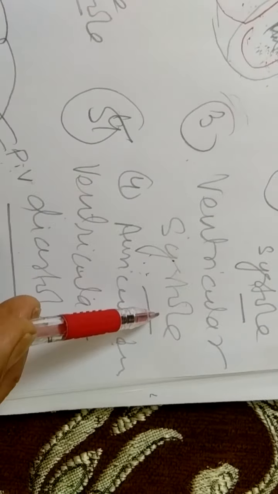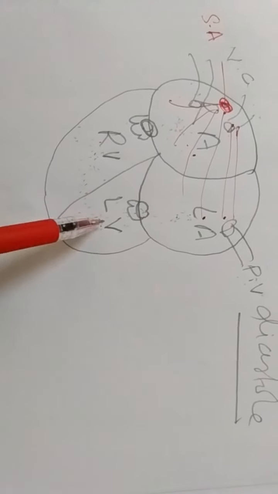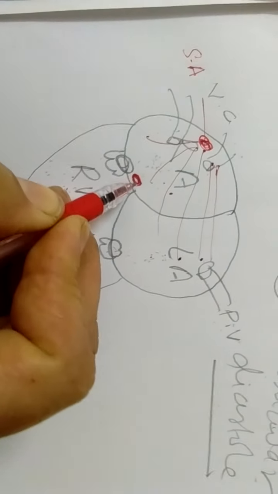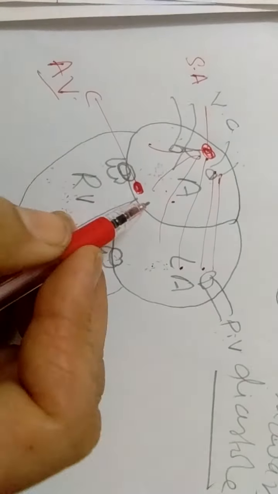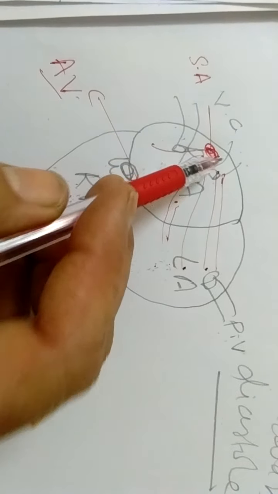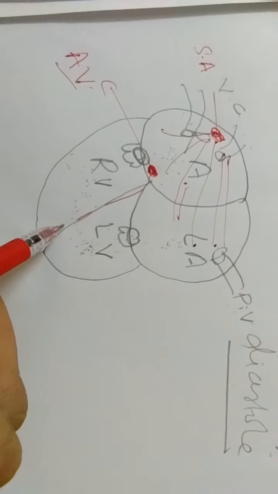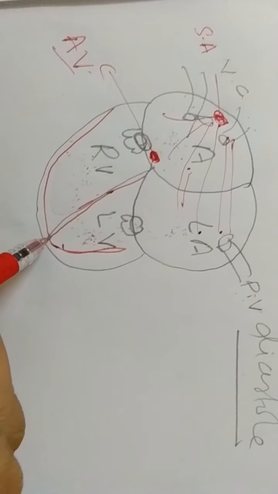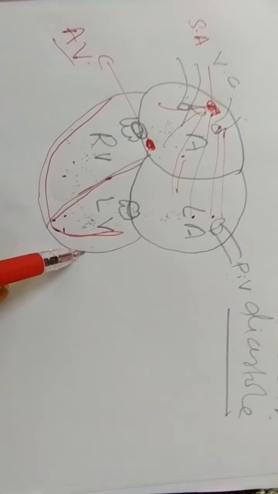So the next stage of the cardiac cycle is ventricular systole. Now the ventricles have got filled with the blood, so they will come under contraction. How do they come under contraction? At the lower left side of the right atrium there is an AV node. So the action potential which was generated by SA node now reaches the AV node, and from the AV node through the bundle of His it gets spread to the walls of the ventricle. This we have already done in the previous video. So the ventricles will come under contraction stage.